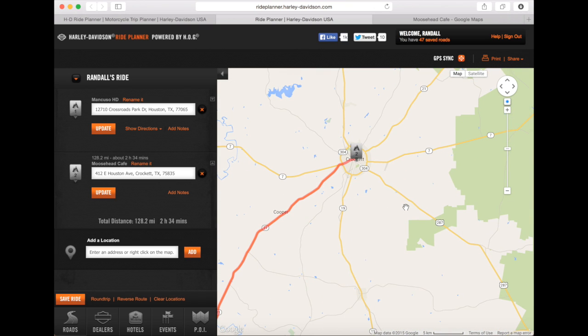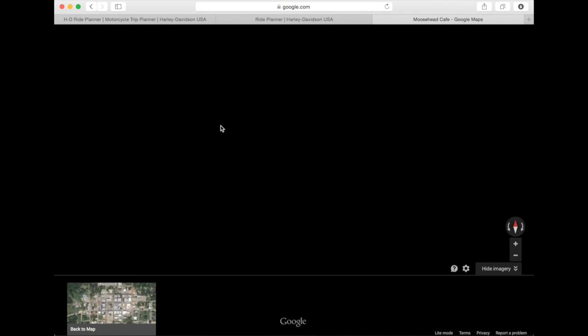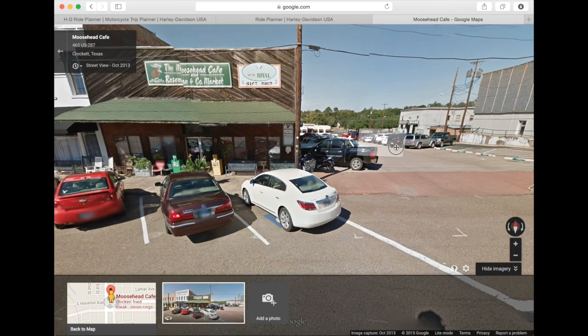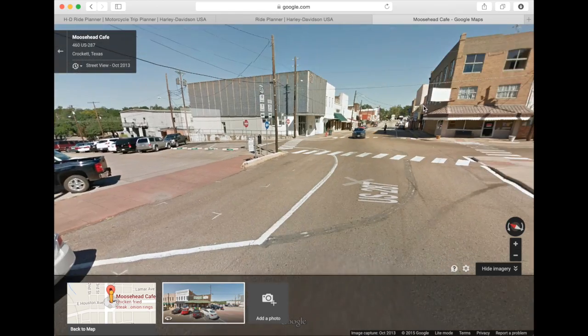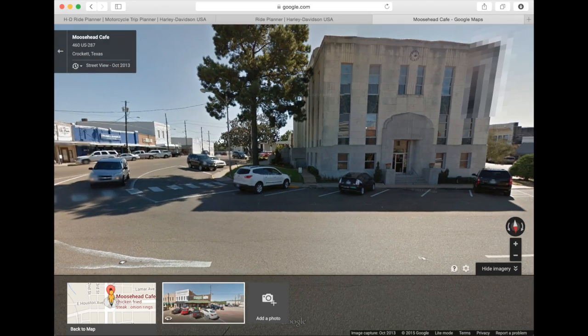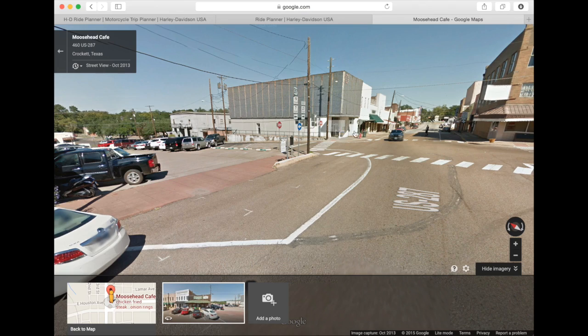Now, let me show you the other reason why I like using Google Maps in conjunction with my ride planner. Let's highlight this, and you notice we have Street View over here. I'm going to click on this. This will tell me what my destination looks like. I can scroll around this, look at the intersections, look at my approach, try to figure out where I might want to park. I can zoom down this road,